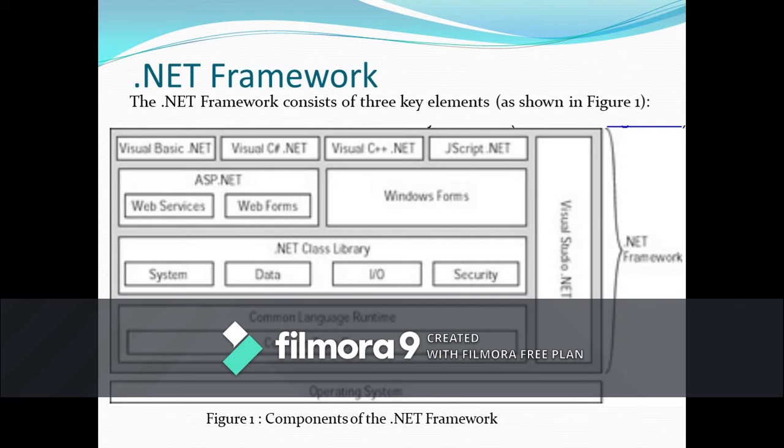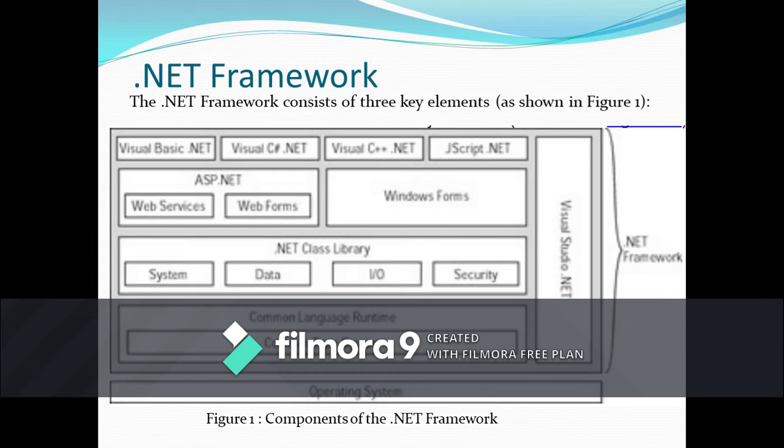Common language runtime provides the facility for which the .NET framework is basically known. We know that .NET provides a language independent and platform dependent development environment. So for providing the language independent environment, there is the common language runtime. This common language runtime creates such an environment that will provide the facility for developers to work in any of the languages they are experts in.